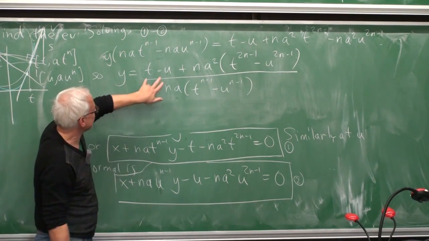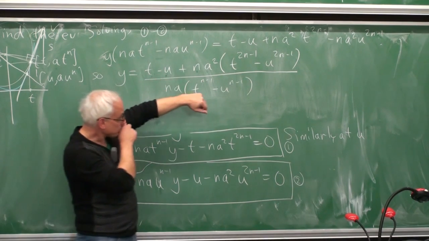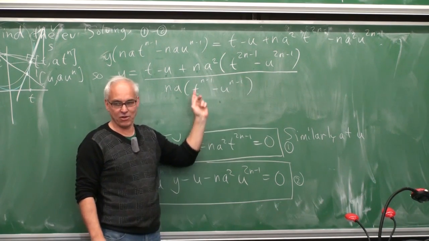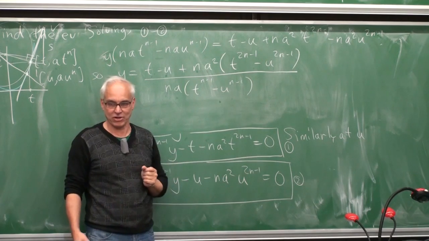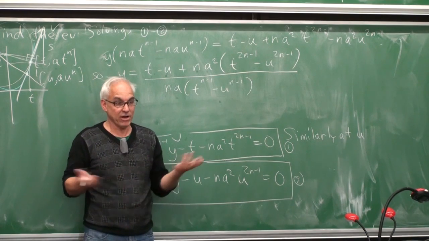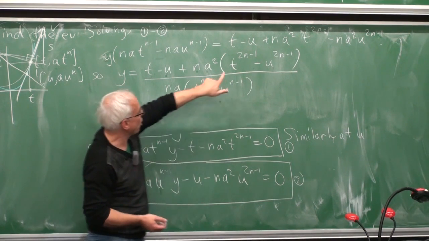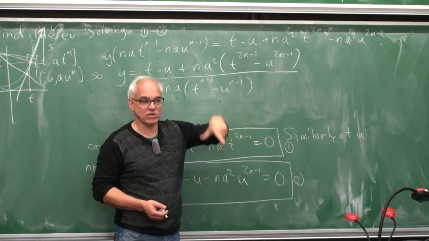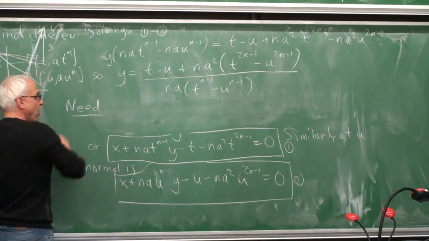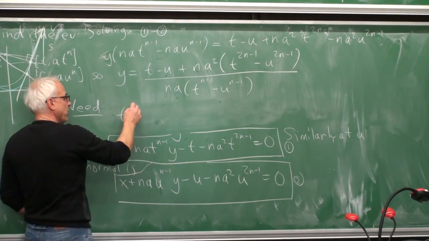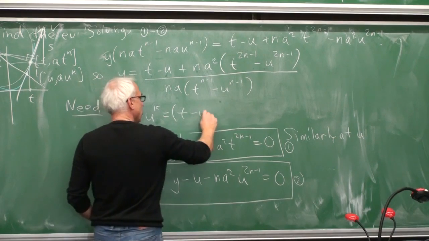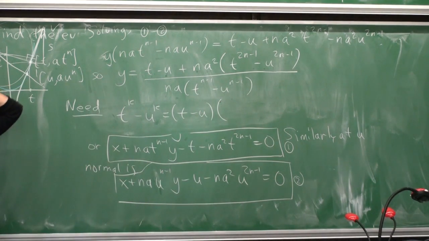What we notice is there's a factor of t minus u here, and there's really factors of t minus u here and here. The problem of everything going to 0 is because of these factors of t minus u that are actually around. So why don't we just identify what those factors are and then cancel them at the top and the bottom and get rid of them. That requires us to know that this thing factors as t minus u times something else. So we need an algebraic identity. Let me say it a little more generally: we need to know that t to the k minus u to the k equals t minus u times something. It factors.